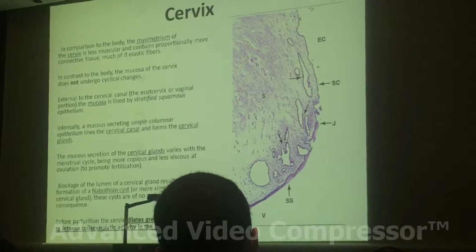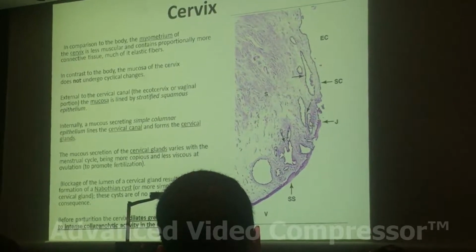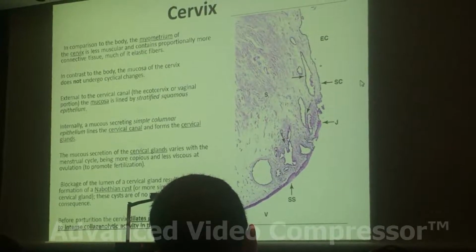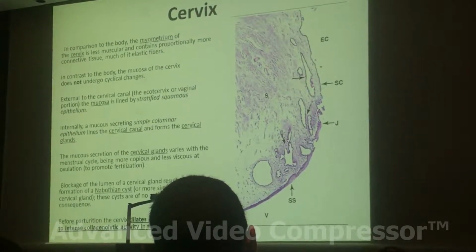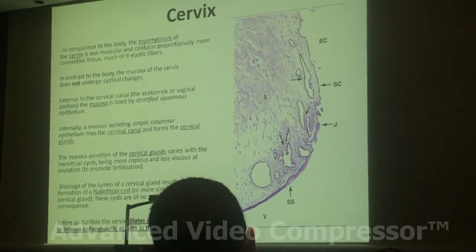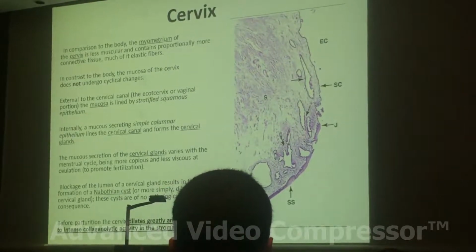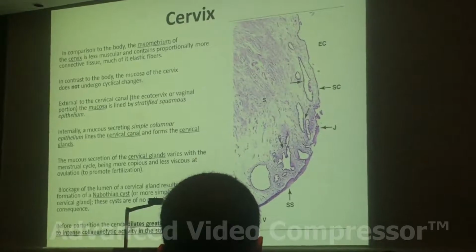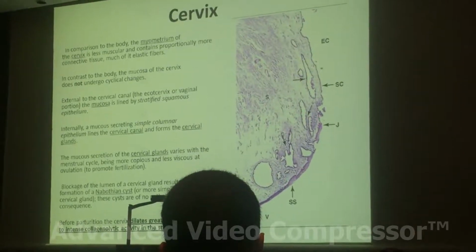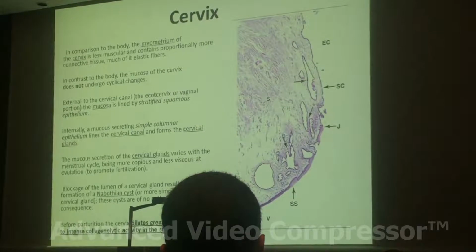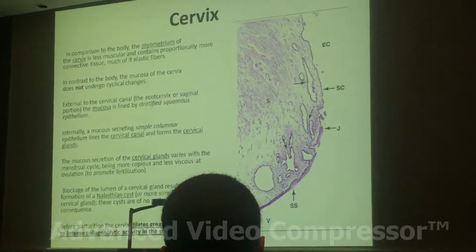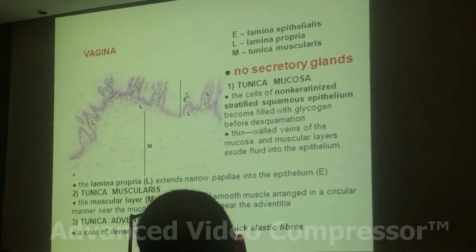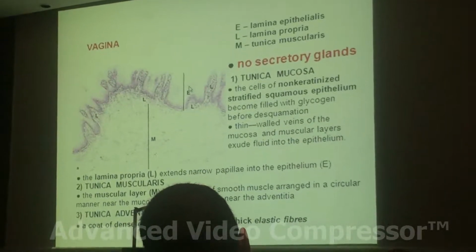Also, what did we say? In the upper part there are glands, cervical glands, right? They produce mucus. The mucus is a viscous structure, so it can block the passage of sperm, right? At the time of ovulation, the estrogen will cause the nature of this mucus to change. Instead of a highly viscous mucus, it will be a more copious watery mucus to facilitate the passage of the sperms. As for the vagina, what type of epithelium did we say? Like the lower part of the cervix, stratified